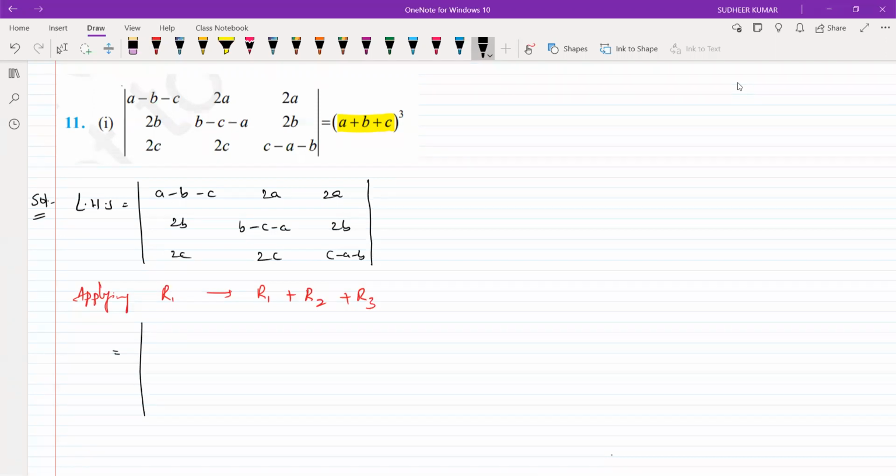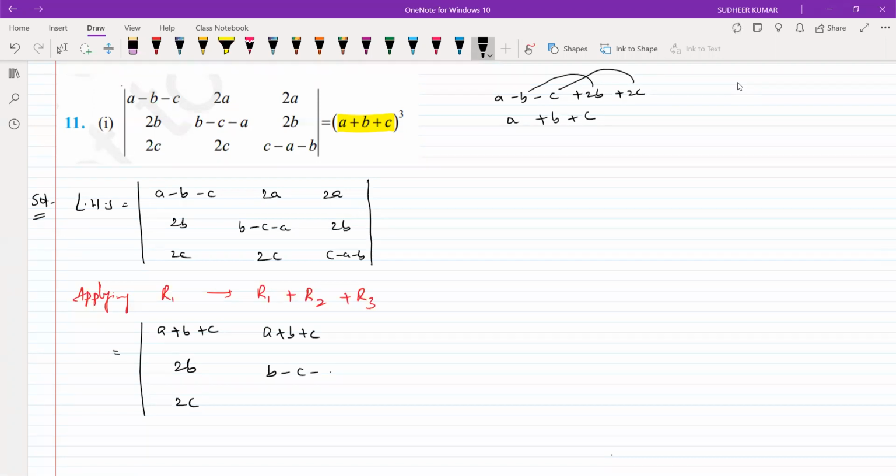So this is R1. How do we get this result? This is A minus B minus C plus 2B plus 2C. So here A remains the same, plus 2B minus B is plus B, plus 2C minus C is plus C. This is the way we get this result as A plus B plus C. Here it is 2B, this is 2C. The next one is also the same. If you simplify that, you will get A plus B plus C.